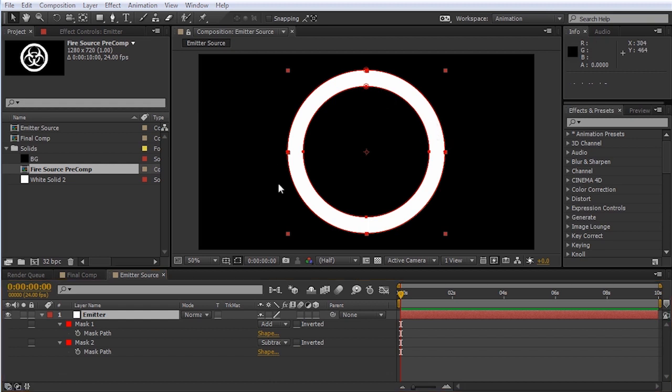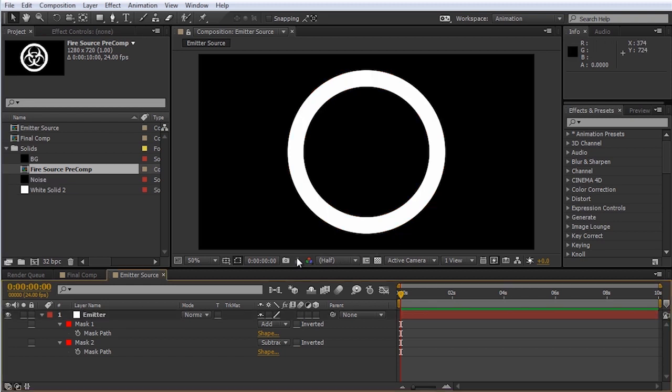Now if I left it solid white like this, it would emit particles from all over the body uniformly. In my opinion, fire doesn't look very uniform. It's very organic and moves around a lot. So I want the fire to be emitted from various patches on this object, not from the entire object altogether. We're going to accomplish this by adding some turbulent noise to our emitter